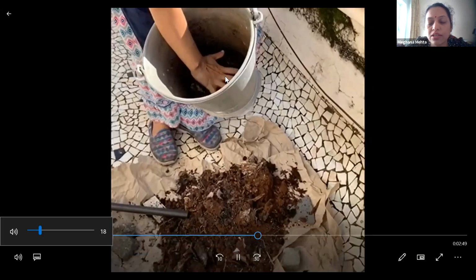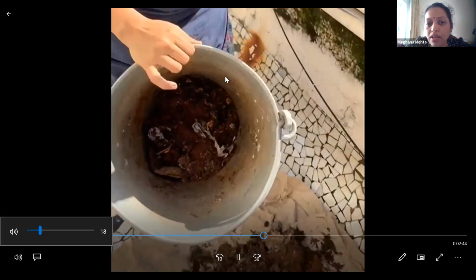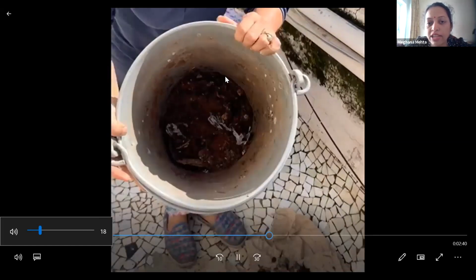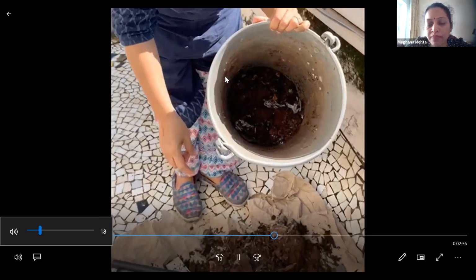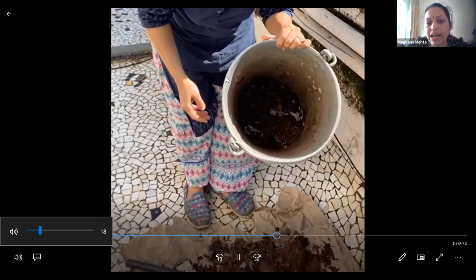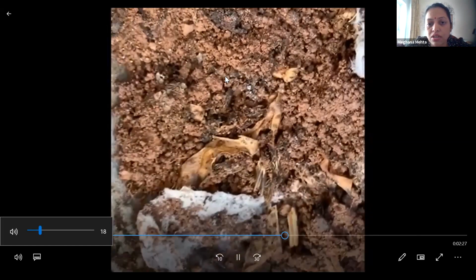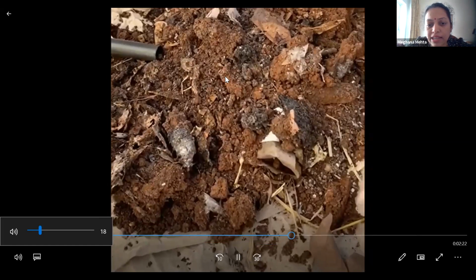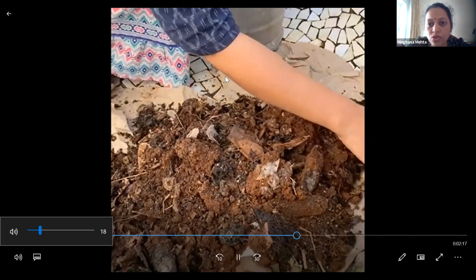Now when I touch it, it's moist, and it has a nice earthy smell. The smell that comes from the first rain, a beautiful, lovely smell, will come from the compost. There will be no foul smell. Some things have not decomposed on the paper. You see, there are no crawling creatures, no insects or mice or termites. Nothing is there in this soil. This is a very healthy soil.